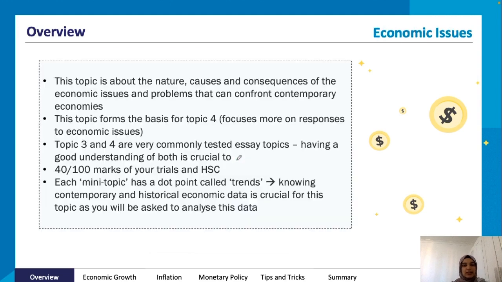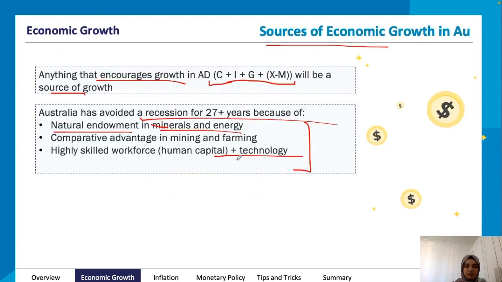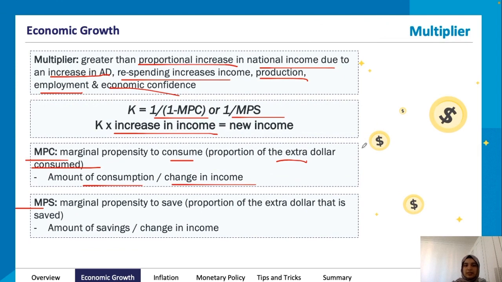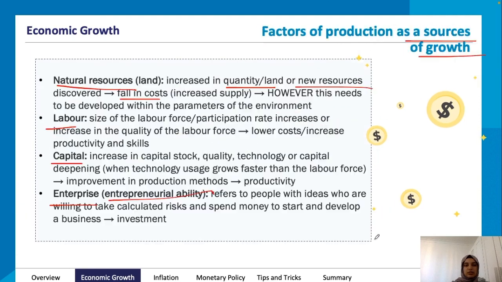That's why we even went through the multiplier. We went through marginal propensity to consume. So the proportion of every extra dollar that they consume versus how much of it they save. Right? These are important concepts. It may not seem as important or relevant when you're first going through it, but you can see how it all ties up together. And tying it up together can actually help you understand the concept better and understand the topic better than if you were to just go into it without understanding what different concepts are. Okay? So let's go back to